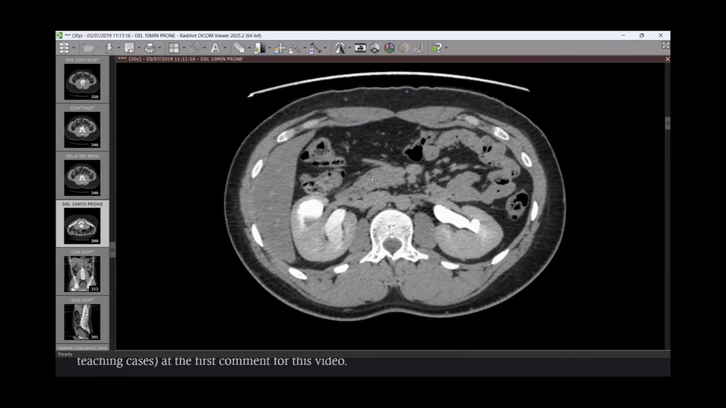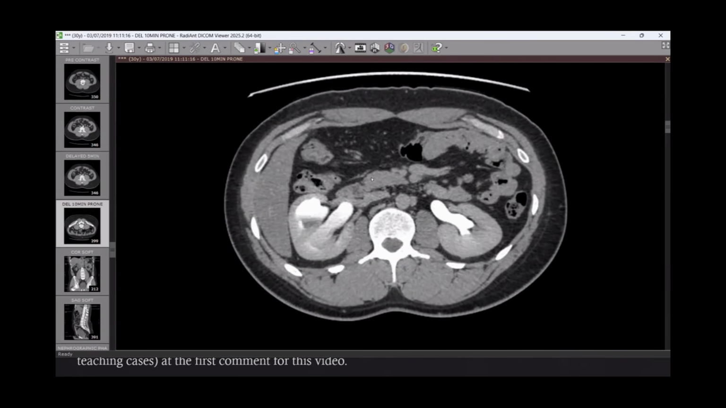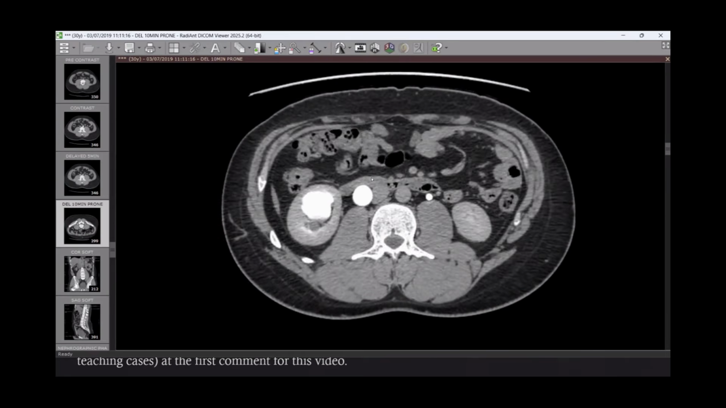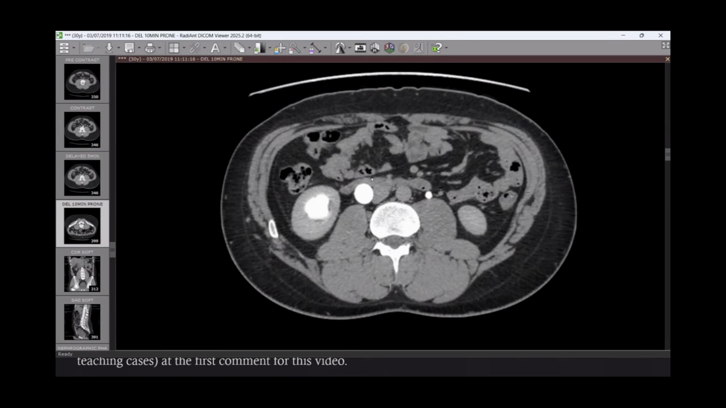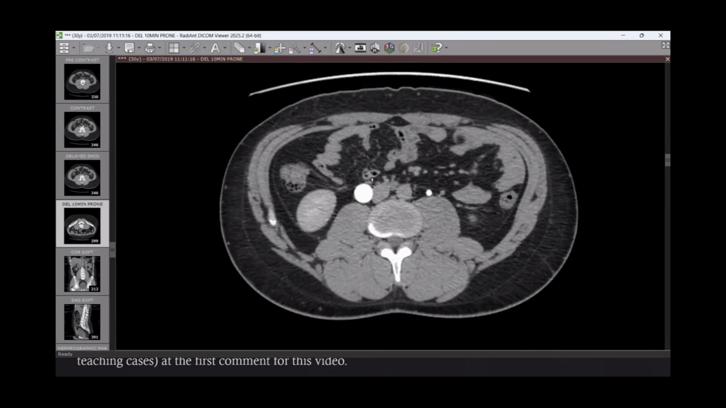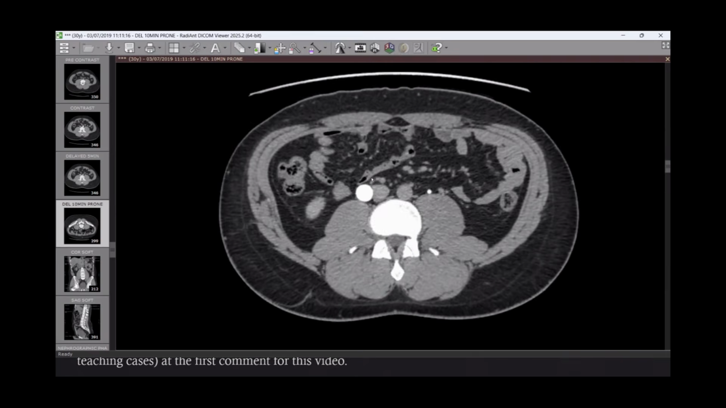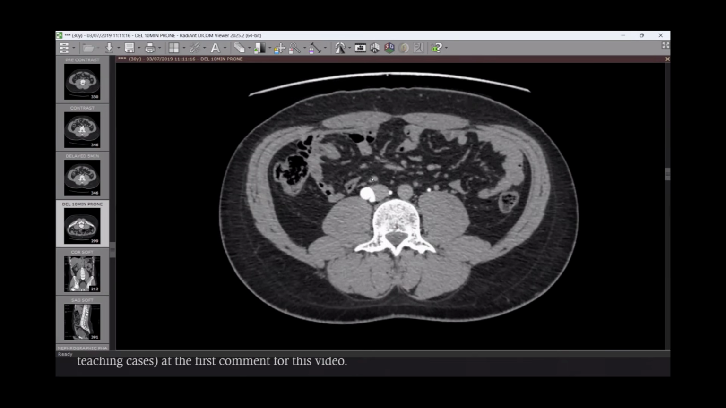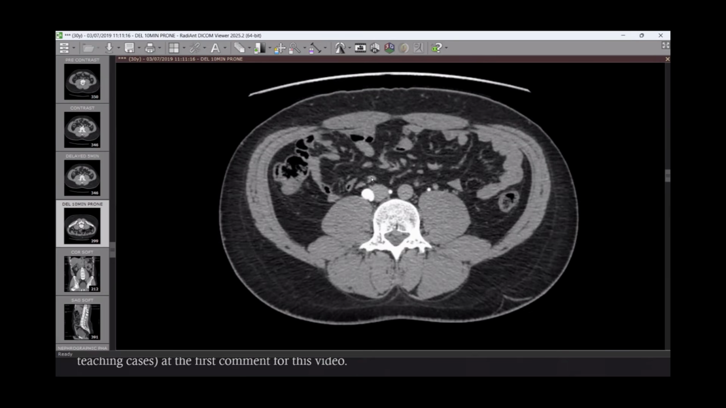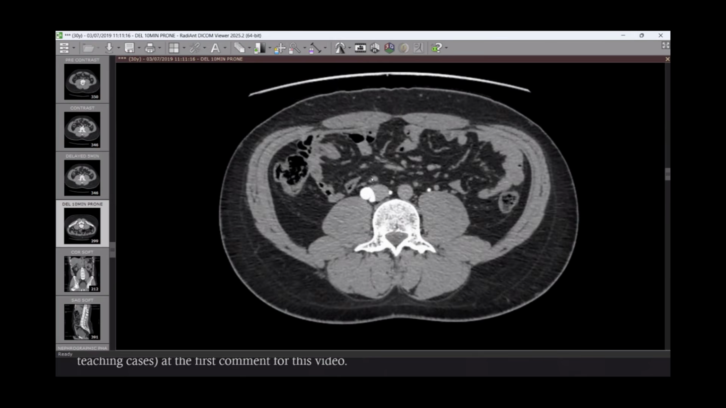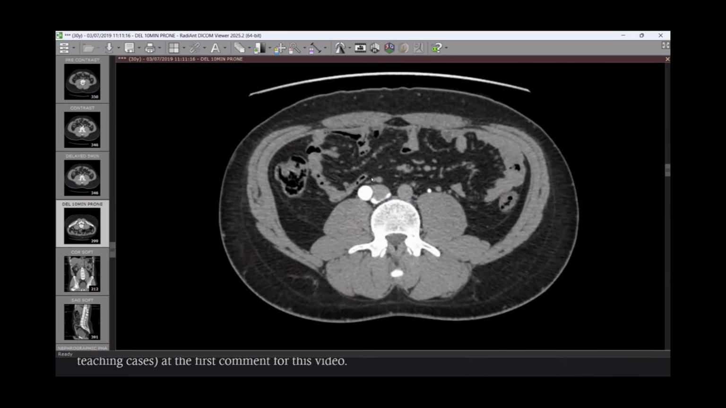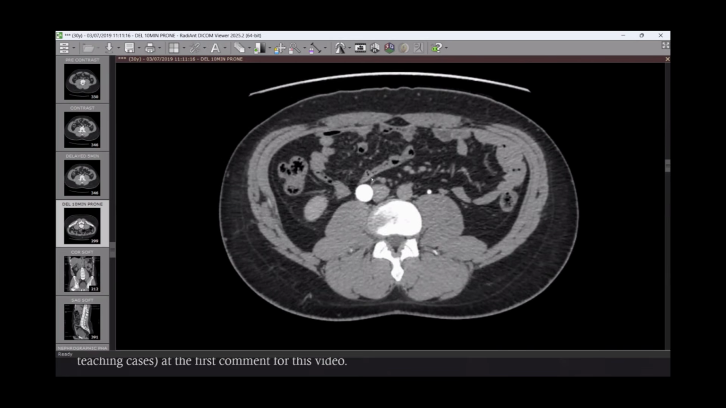There is fullness of the pelvicalyceal system at the right side, as I traced already in the non-contrast study. However, I am still tracing the dilated right ureter compared to the left ureter. At the right side, here in this region of interest,